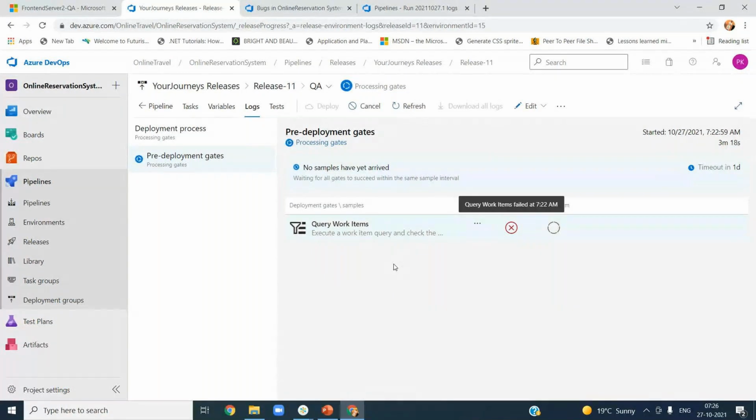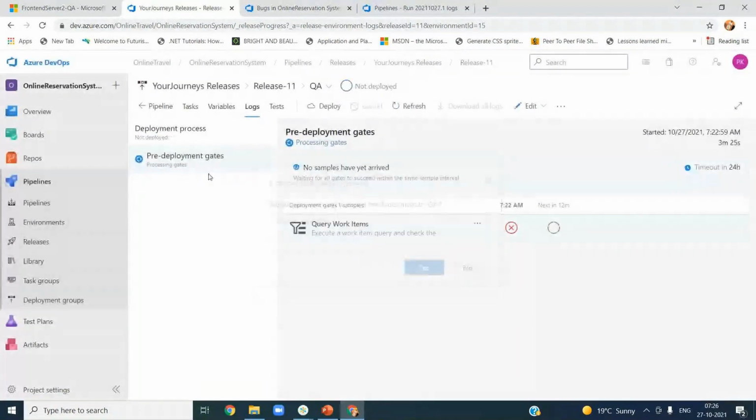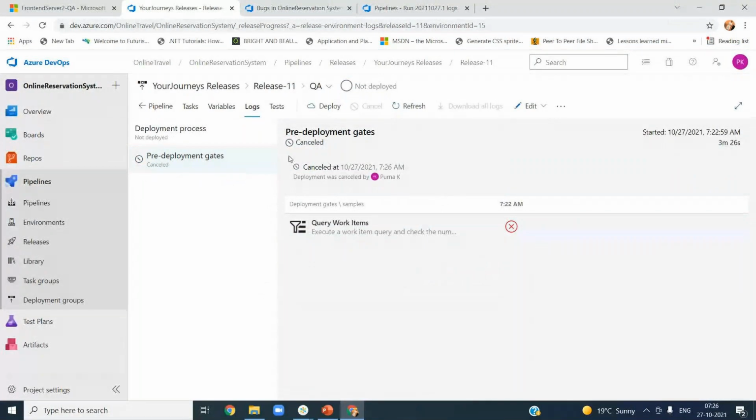And see, I'm not waiting for this one. Okay, let's cancel this. But you see it's not happening, it's clearly stopped here. Okay, now let's go and edit this pipeline again,